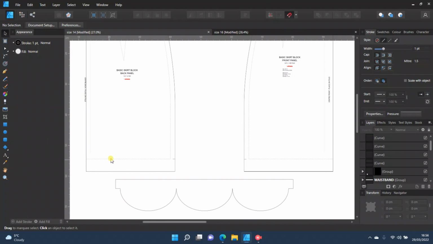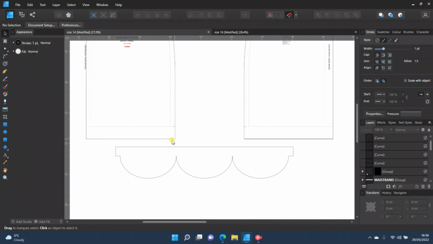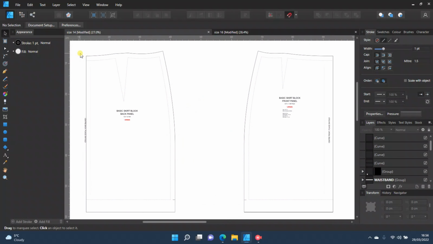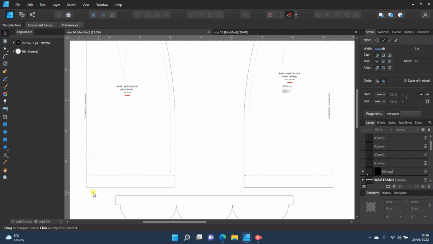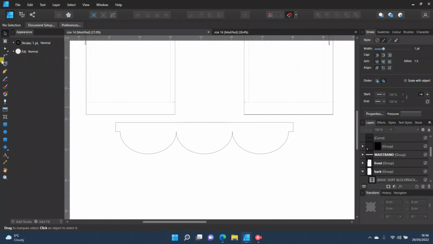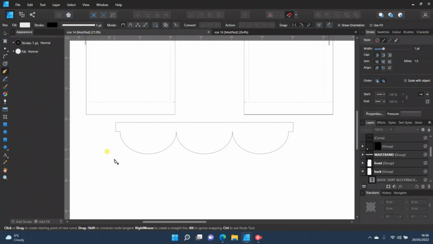So I'm going to show you how to do it on a simple line, I'll show you how to do it on a curve, and I'll also show you how to do it on a line that is like part of your project already. So for this I'm just going to do it on my hem if you want to see how long this line here is. So if we show a simple line first, so if we just click somewhere,